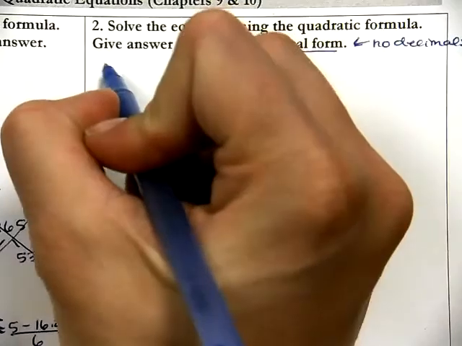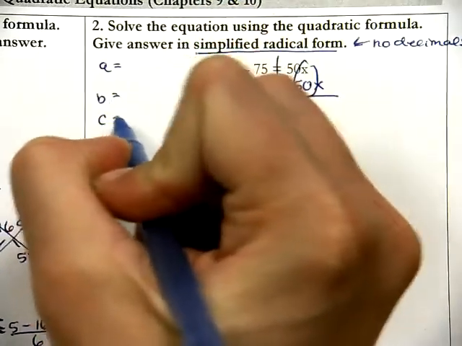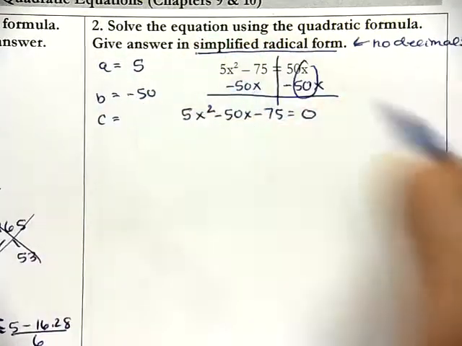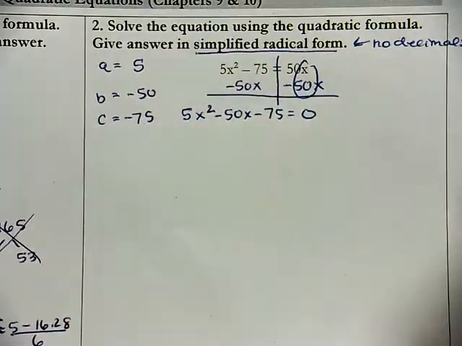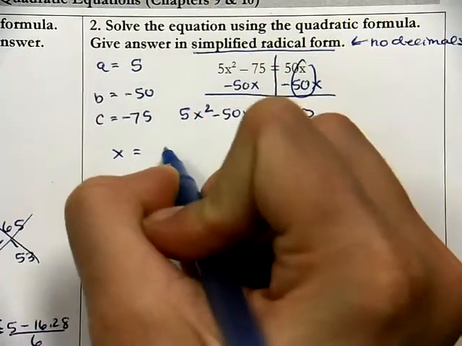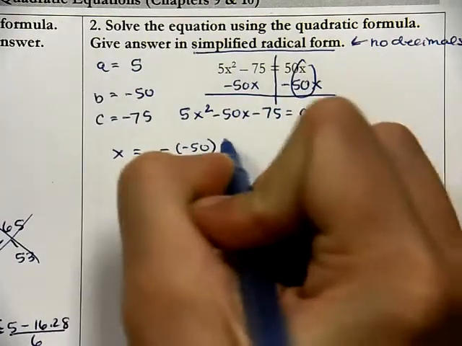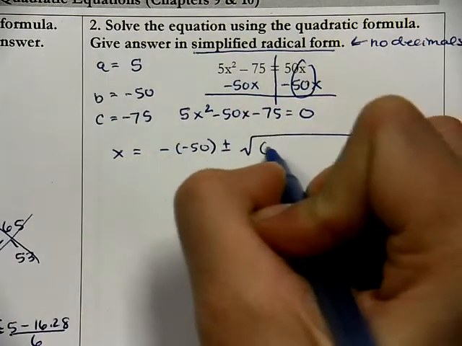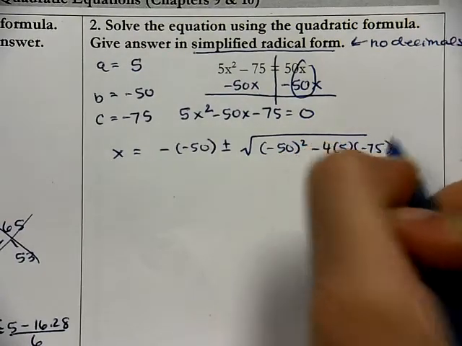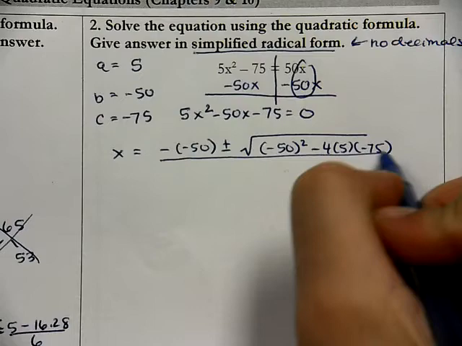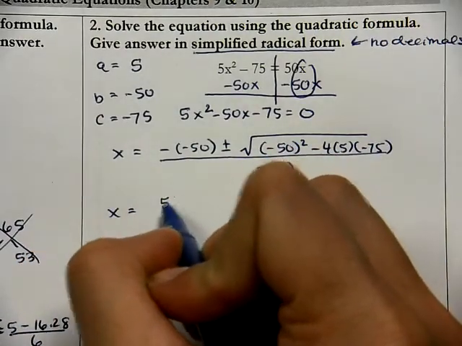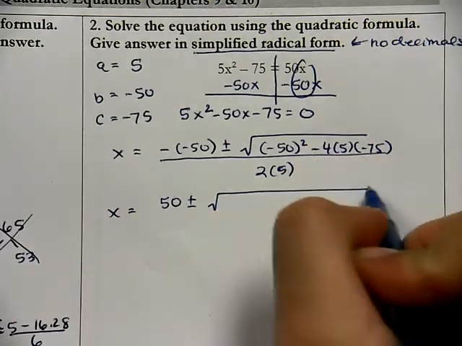And again, if I'm using the quadratic formula, I need to identify a, b, and c. A is the coefficient of x squared, b is the coefficient of x, and c is the constant term. And there we go. So now, using the quadratic formula, x equals the opposite of b, plus or minus the square root of b squared minus 4ac, all over 2a. As I simplify this, the opposite of negative 50 is a positive 50, plus or minus the square root